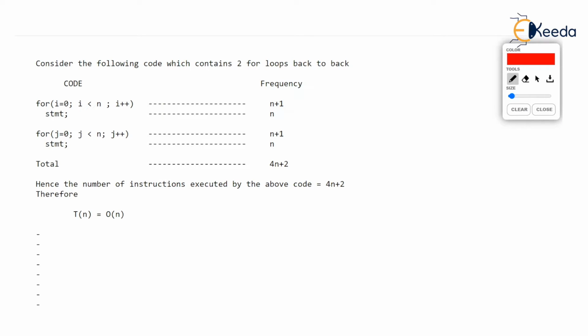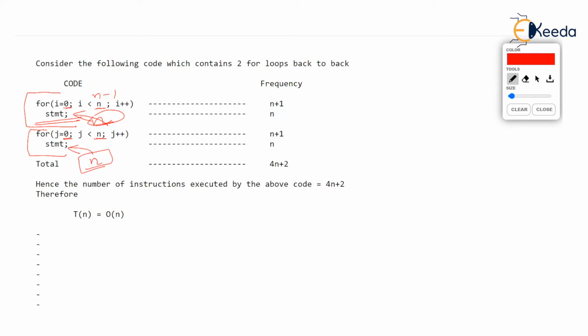Now, anybody would understand that in this for loop, i is going from 0 to n minus 1. So the statement will run n times, isn't it? This statement will run n times. And the other for loop is also running from 0 to n minus 1. So the statement written inside here will run n times.